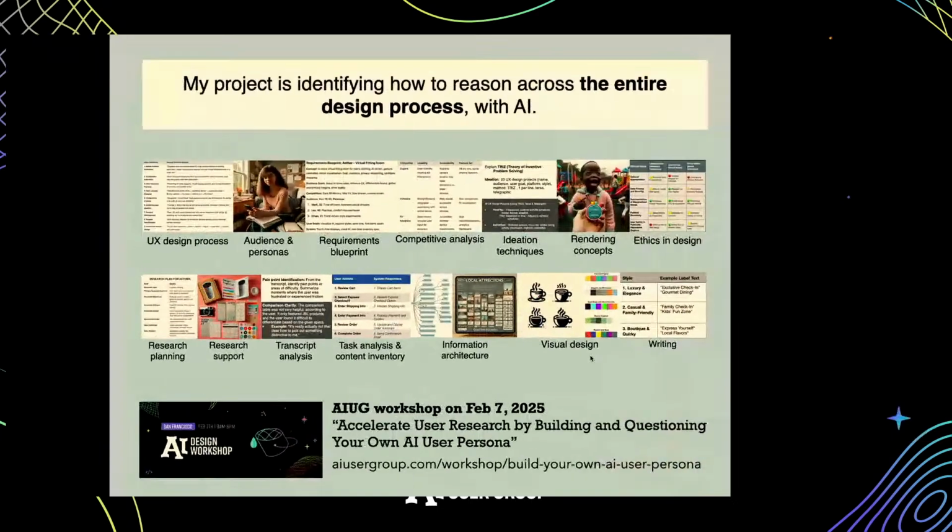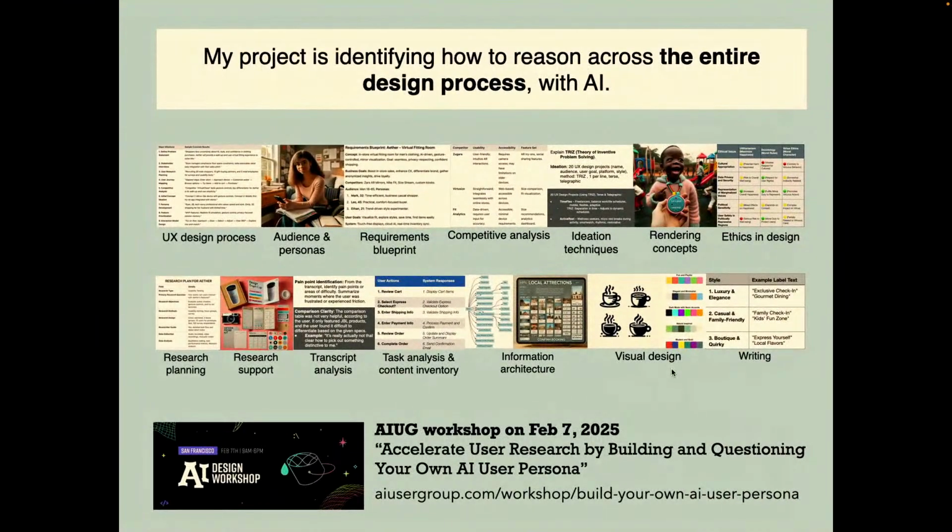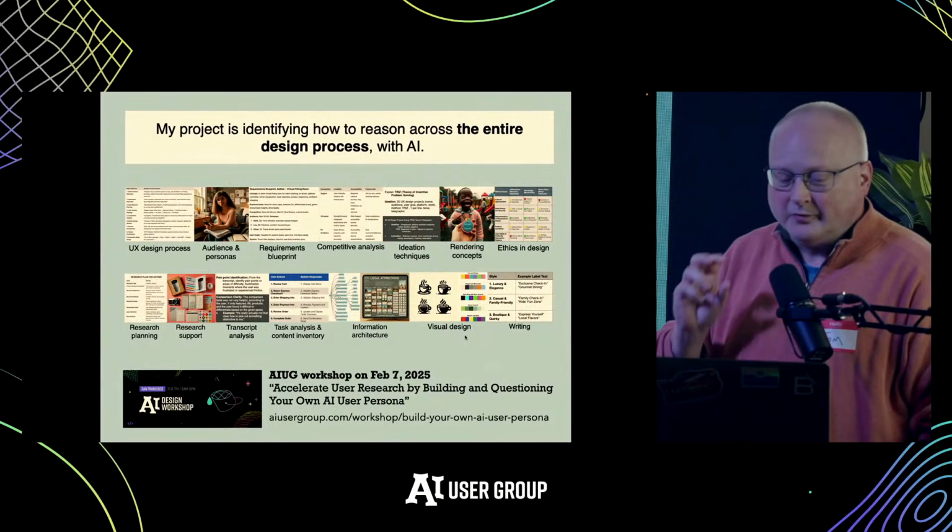This is the big project I work on, which is I'm trying to understand how to reason across the entire design process with AI. These are just some snippets in the design process, examples of all the things that can benefit from AI. And basically everything is my conclusion. Everything you do, there's a way that AI can help. Sometimes it helps a lot, and sometimes it helps a little, but it actually adds value at every stage of